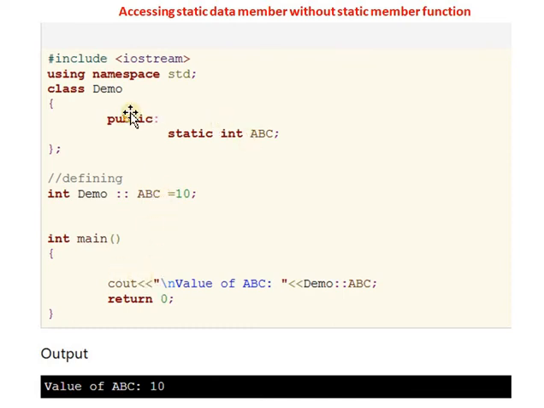If we create multiple objects of this Demo class, then all these objects share the common value 10, and it displays the value 10 for every object. This is the use of a static data member.